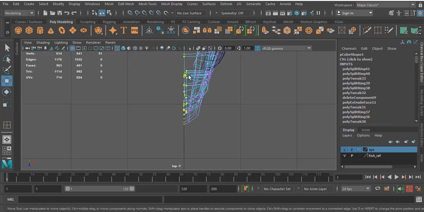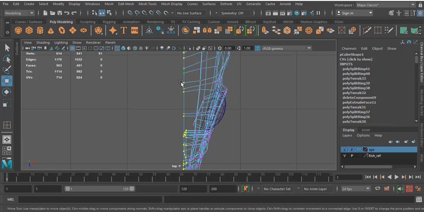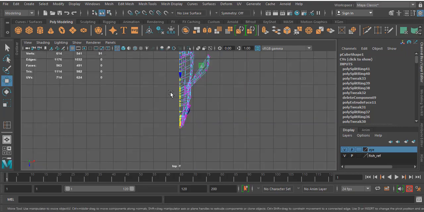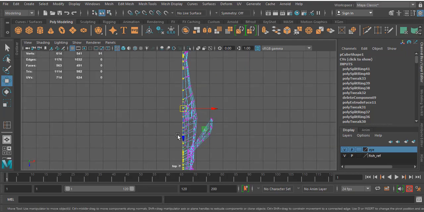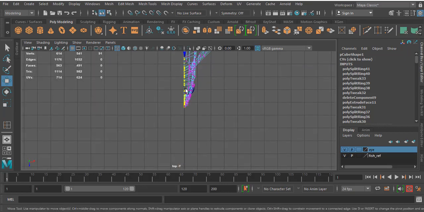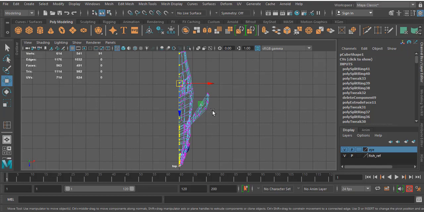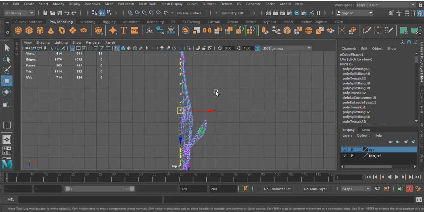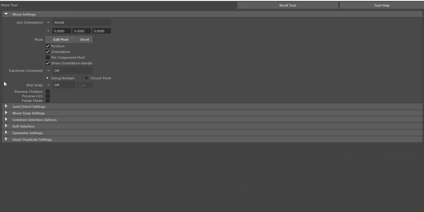You can see some areas are inside this grid, some areas are exactly on the tip of it. So I want to make every edge in the same direction, like when you cut an apple with a knife, you can see that exactly half the portion is separated. I just want my model like that. So first of all I will go to the move tool options, double click.